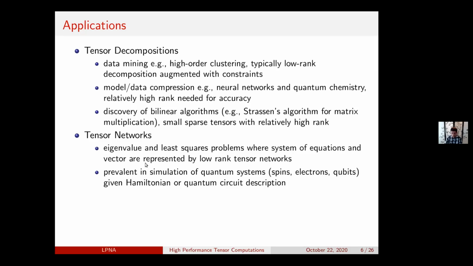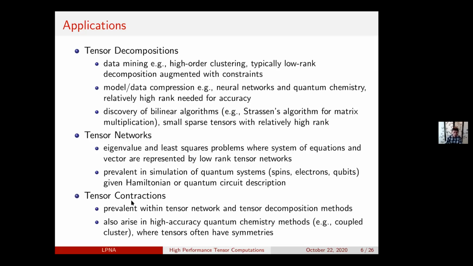So these types of methods are very widely used in condensed matter physics and quantum chemistry whenever we want to model systems consisting of spins or electrons or qubits. So we'll also talk a little bit about how tensor networks can be used to simulate quantum circuits later in this talk. And finally, tensor contractions, which are more basic than tensor networks and tensor decompositions, are first